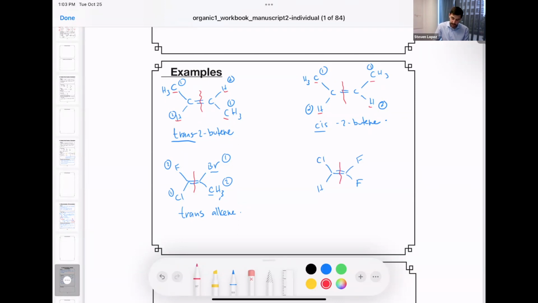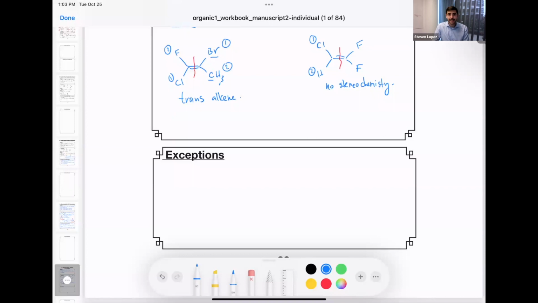Okay, and one final example you might see, assigning the cis-trans stereochemistry here. Again, we do the familiar thing. On the left, chlorine gets the higher priority over hydrogen, 17 versus 1 for the atomic numbers respectively. But if we look on the right, fluorine is of course the same as fluorine, so they both have the same atomic number. So this molecule has no stereochemistry. This has no cis or trans label.